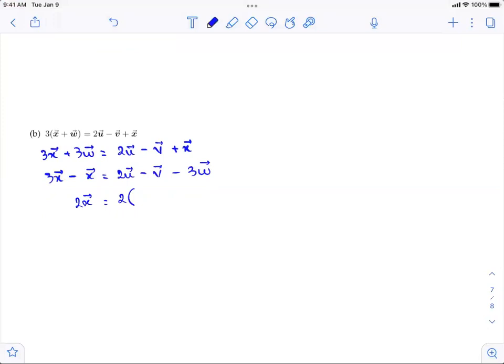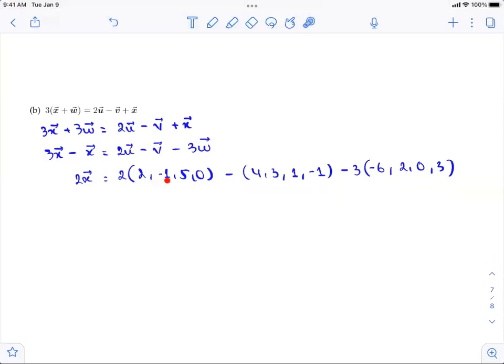And u is equal to 2 negative 1 5 0 minus v, which is 4 3 1 negative 1 minus 3w, which is negative 6 2 0 and 3. Okay, so I'm going to scale the vector u and scale the vector v. The left hand side remains the same at this point. The vector u becomes 4 negative 2 10 0 minus 4 3 1 negative 1 minus negative 18, sorry, plus 6,